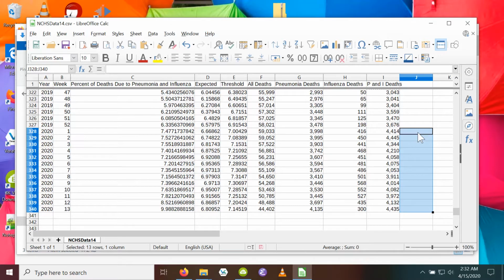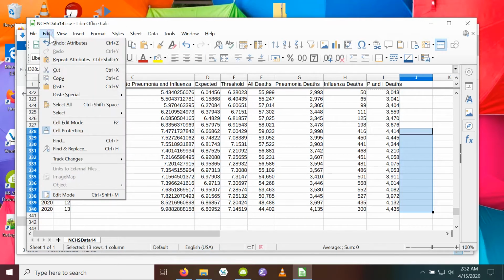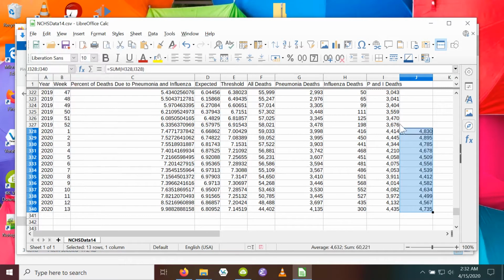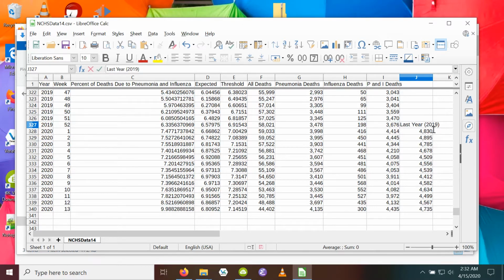Now let me do it again so it's more clear what I'm doing. Instead of using the hotkey, we'll do this. Okay, so now these are the numbers from last year, 2019. And what you can see very easily from these columns is the total sum for the first week of this year is less than last year.